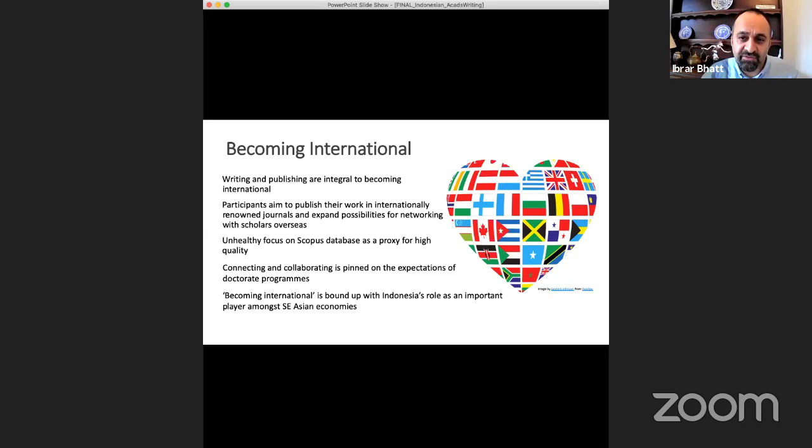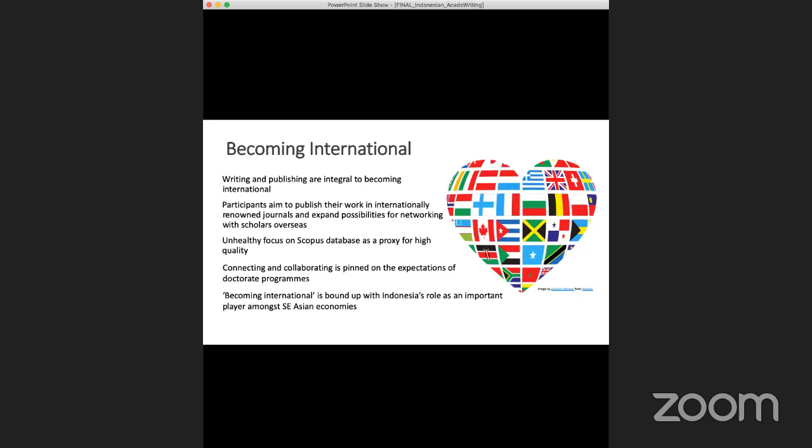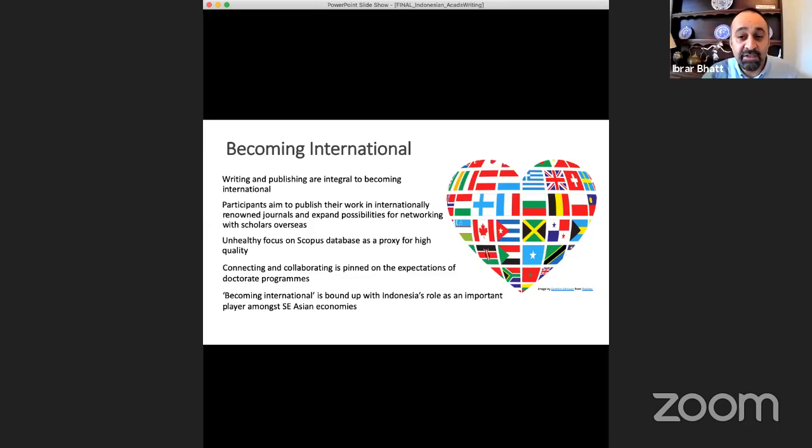So much of becoming international is related to writing and publishing in the context of changing incentivization and reward systems in Indonesian universities. It's become increasingly important for Indonesian academics to work with and co-publish with international colleagues, because international publications yield higher citation rates. There was an assumption that publishing in an internationally renowned journal will gain a wider readership, and we also found that international identity varies across